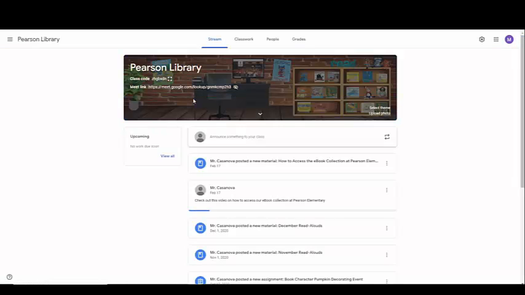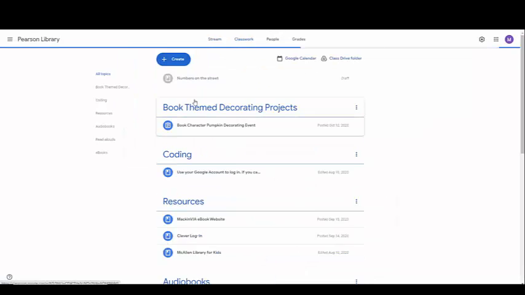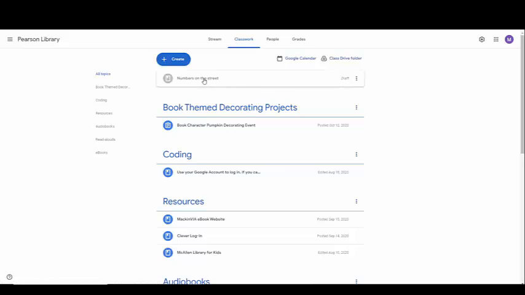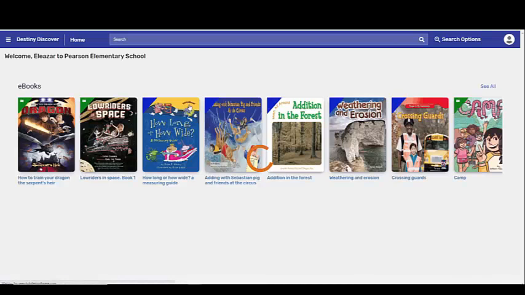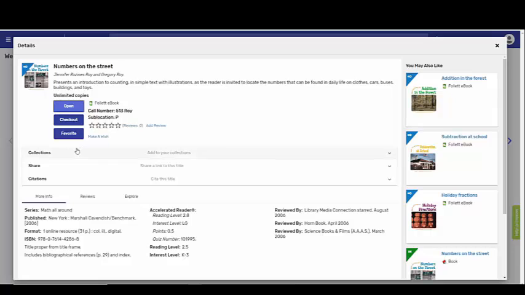Alright, so then it asks me, do I want to view it? I'm going to go to my classwork here, and here it is. Because it's a draft, click on number, and I'm going to click on it. So when the students click on it, it's going to take them directly to the link of the book for them to check out. So here it's going to ask them to open it to check it out. So this is a direct link for the students to be able to see this. Alright, so very quick and easy way for students to have books that are assigned to them by you, and you can control that